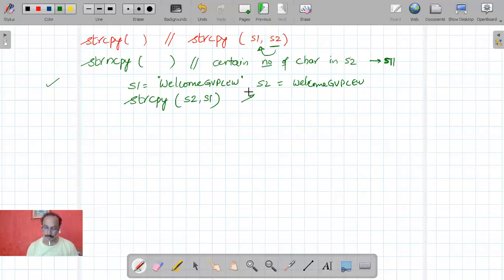Now if I want to copy only a certain number of characters, let us say any characters, 1 2 3 4 5 6 7 8 9 10, only 10 characters మనం కాపీ చేయాలనుకోండి. I don't want to copy CEW, I want to copy only up to 10. అంటే ఎన్ని వచ్చాయి చూడండి, 1 2 3 4 5 6 7 8 9 10. Suppose let us say if I write